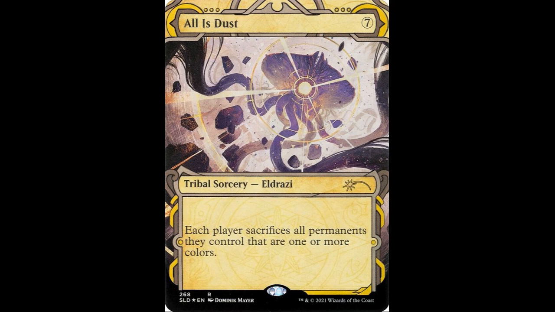So number 7, All Is Dust. Almost said Wrath of God there, because two board wipes. I mean, no one expects a board wipe from white. I mean, some people might. But just pull out a colorless board wipe and people are like, what? And granted, it does cost 3 more, but you can use mana of any color, like a 5 color deck. This is a really good board wipe to put in there because